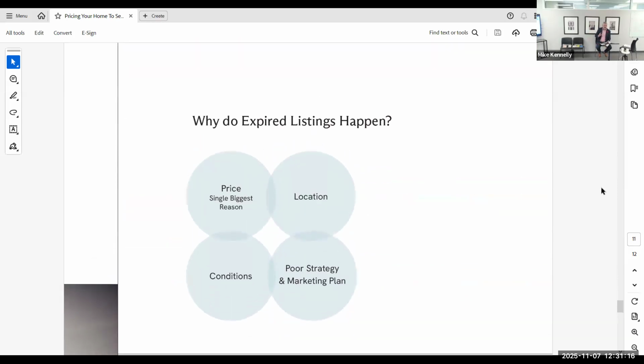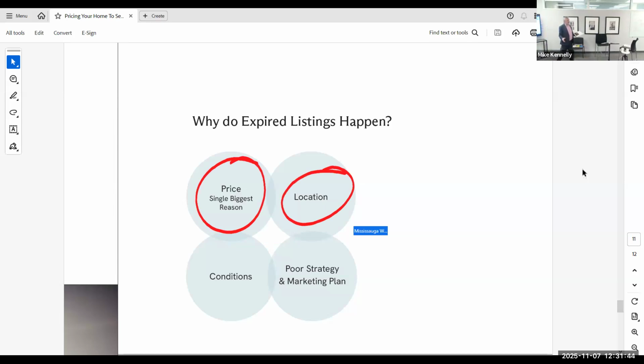Now let's just finish with a couple more things here. Why do expired listings happen, Mr. and Mrs. Seller? 78% of all the listings on Trev expired. Only 22% sold. This is why. Price. I keep on going back to it, Mr. Seller, but I have to be honest with you. Price is the single largest reason. Location is number 2. You've probably, like me, grown up with the words location, location, location. Is that true? I'm here to tell you it's price, price, price. Okay? But sometimes location does prevent